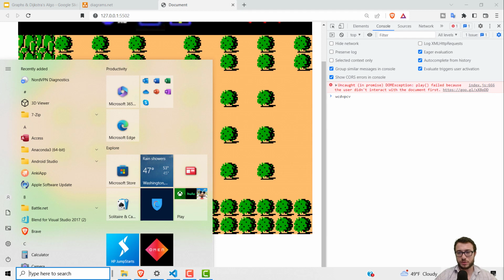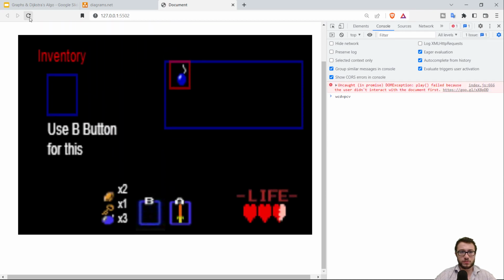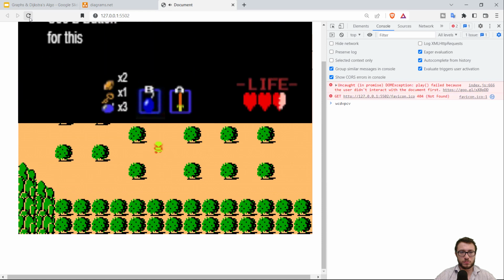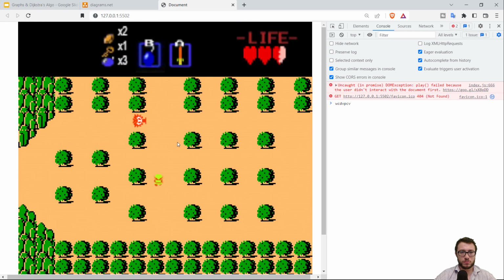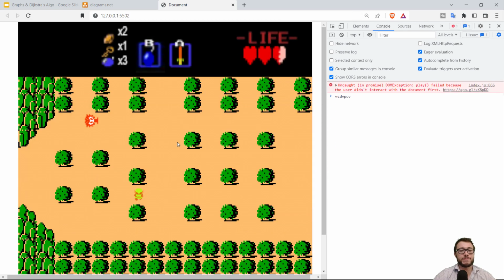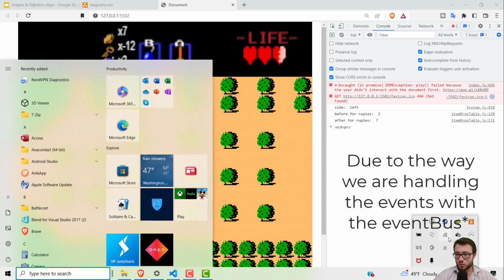I think I have to change my sound to turn this on. Cool, so the bomb makes a sound. There is one issue I do want to fix. If I put down multiple bombs, they're not going to explode, or it'll delay at least, and that's due to the way we're currently handling the sound. So I would like to